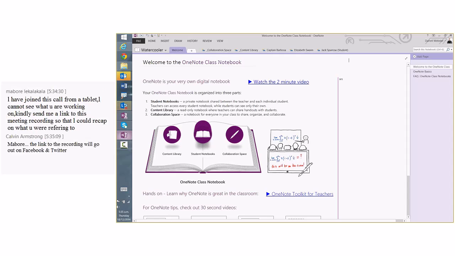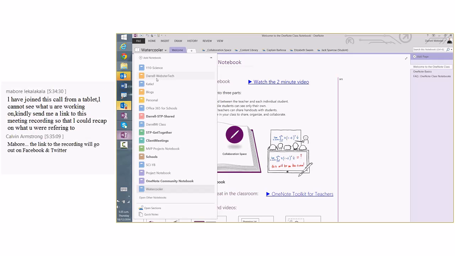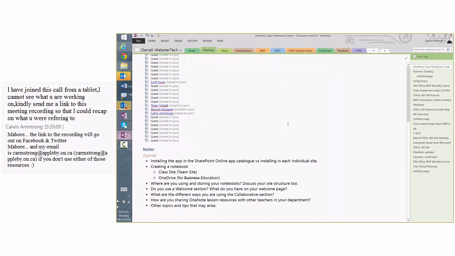So look, just to open it up to those who have been using the OneNote class notebook creator, what I'd like to do is just get back to the agenda that I had there. And one of the questions I was going to ask is about where you're storing your notebooks. So as you've seen, as I've run that app, it creates a library, and we can store our notebooks in the class site itself. But one other way to do this is